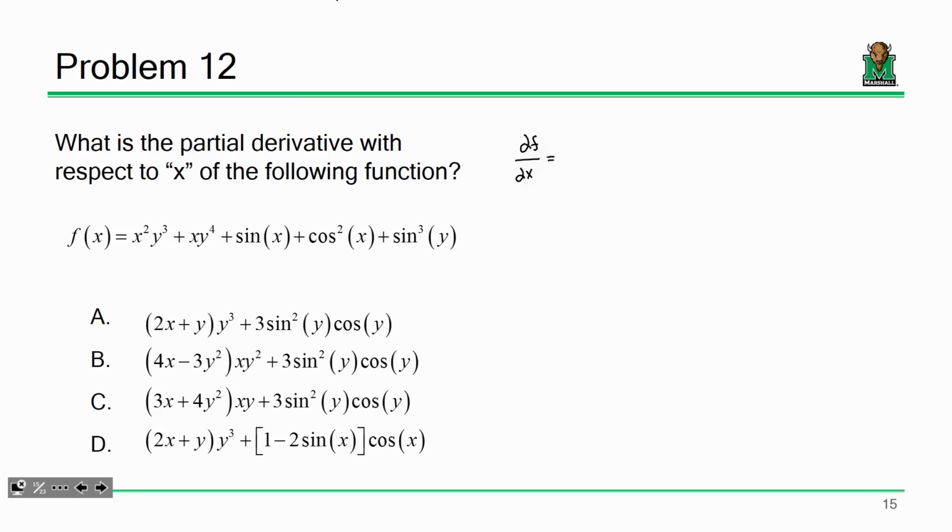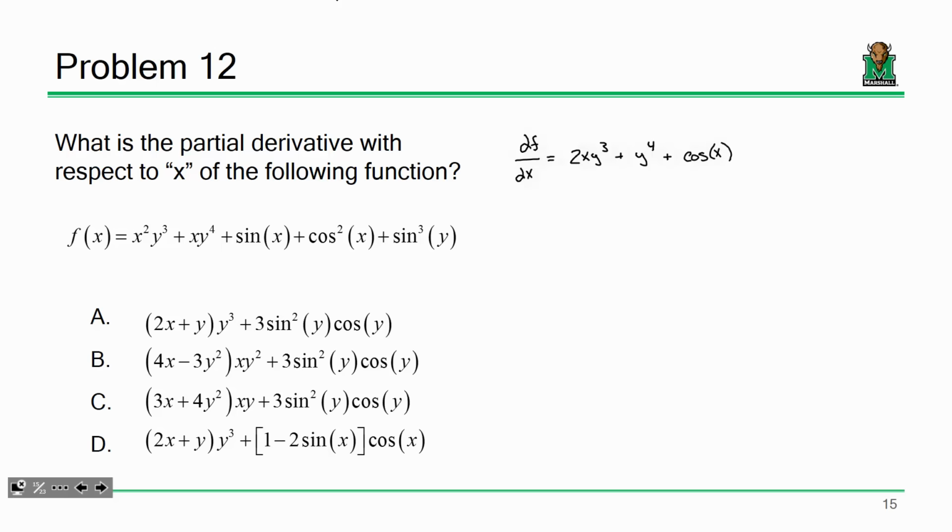The derivative of x squared is, plus the derivative of x is, so it's just y to the fourth, right? Okay, plus the derivative of the sine of x is,